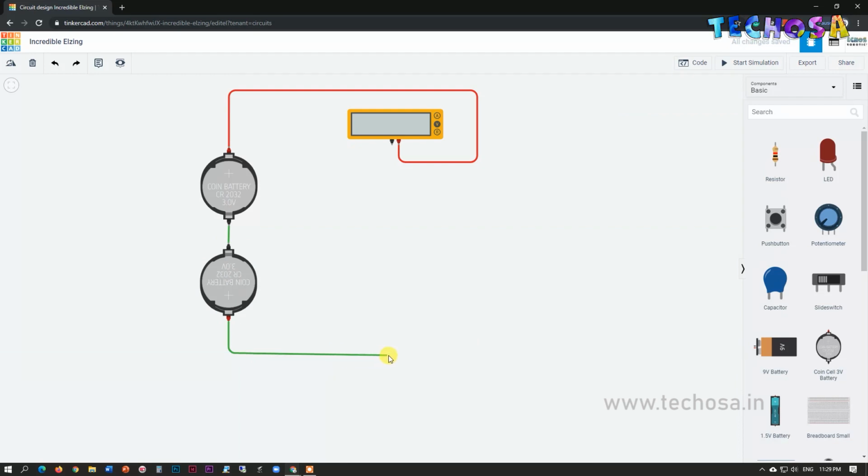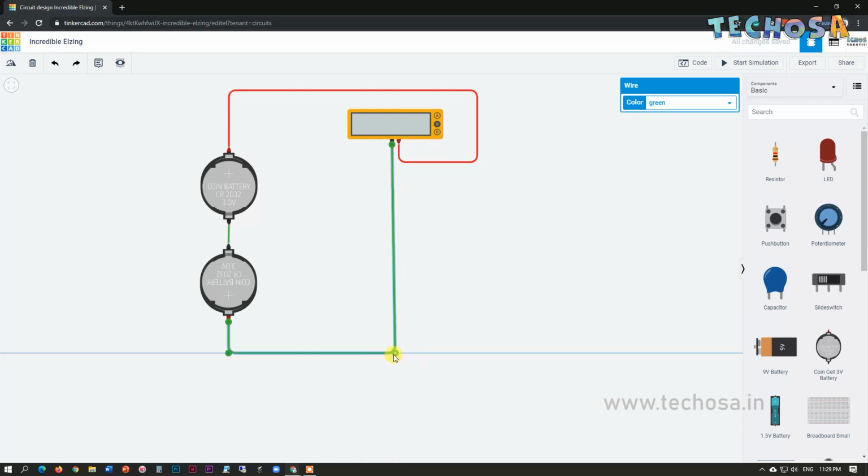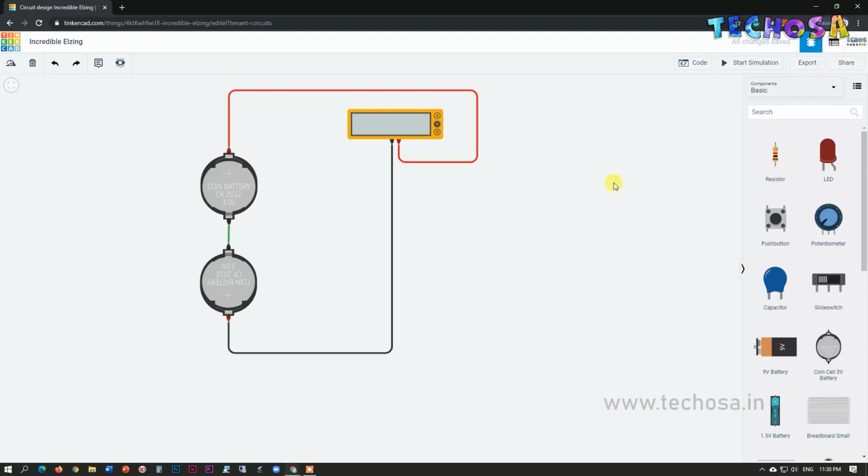And connect the positive terminal of second coin battery to negative terminal of multimeter. Make the wire color black and now click on start simulation. Yes, you can see our multimeter reads 0 voltage. This is because we connected the negative terminals together.